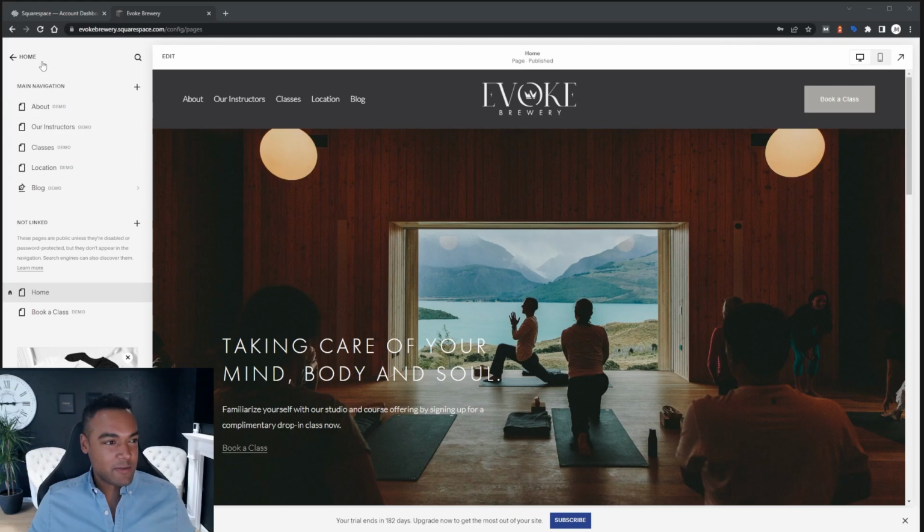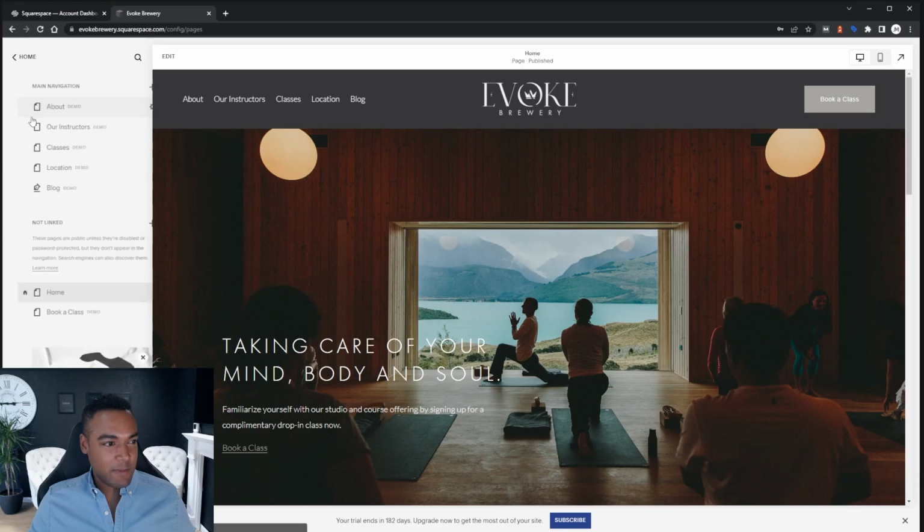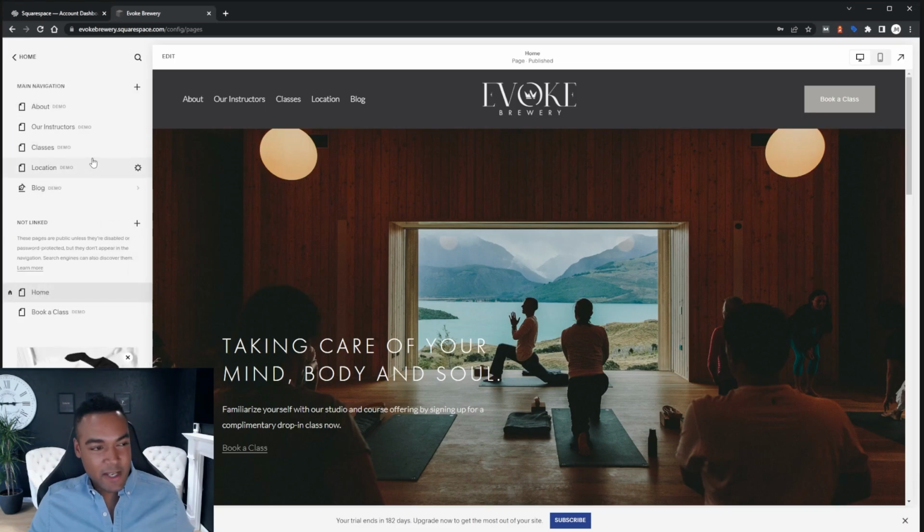Now, if you look at the sidebar, I visited the pages section, and this is divided up into two parts. The first part, we have the heading main navigation, and you'll notice any content that we place up here also appears in our navigation, in the header of a website. There's another section called not linked, and our homepage is one of these pages at the moment, and anything in this section here, while it's a page that can be visited, can be linked to, it won't appear in the